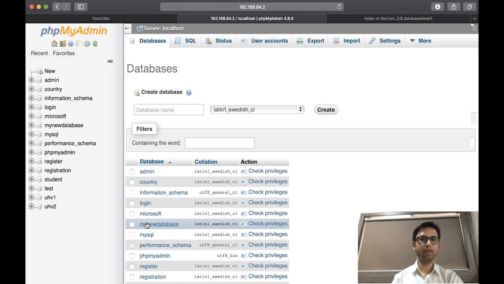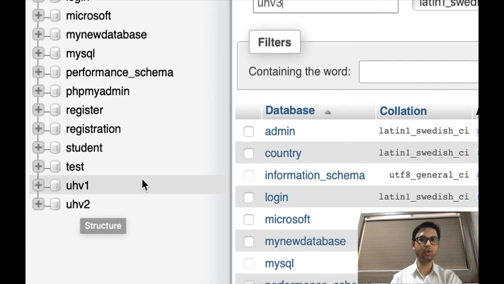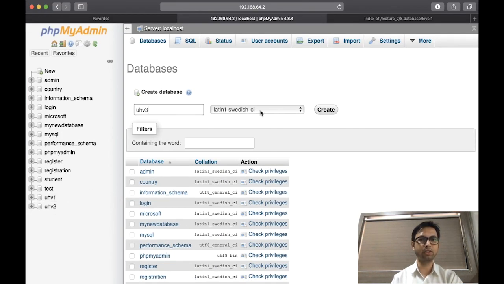Now if I want to create a new database over here, then I can write down the database name over here. Let us say I write down database UHV3. As you can see, I had already created UHV1 and 2, so I gave the name UHV3, and rest of the things are by default, and then I have to click on create.